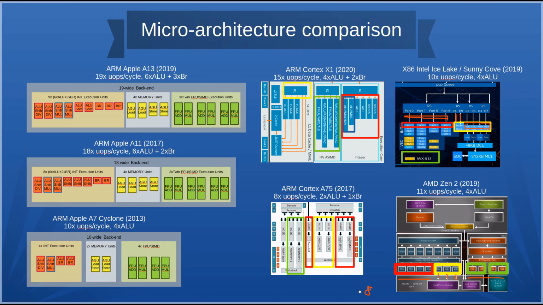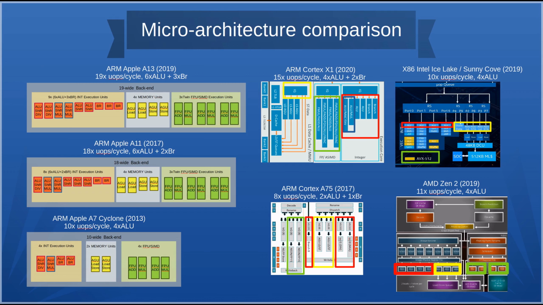So when we do the calculation, it means it is 8 to 3. Zen 2 is kind of weak in terms of memory units, but we have to remember that